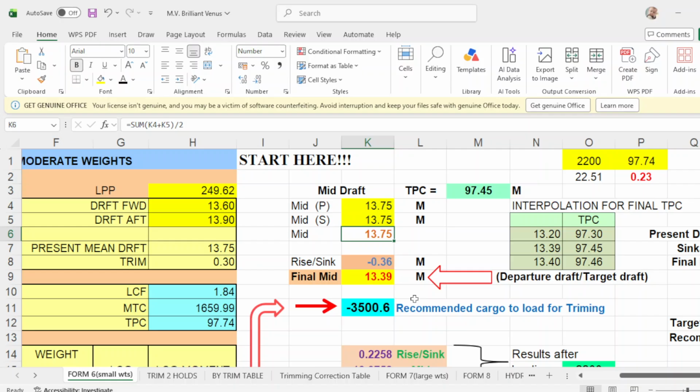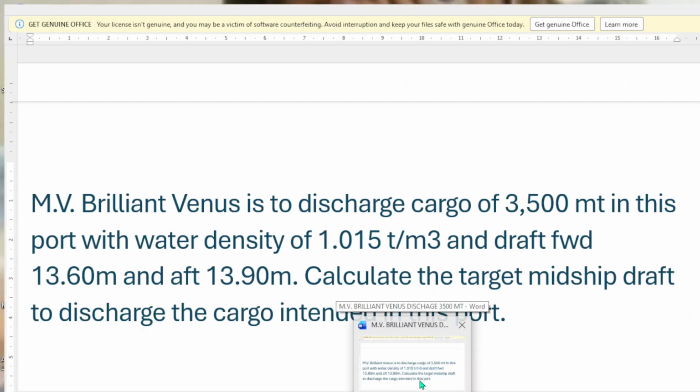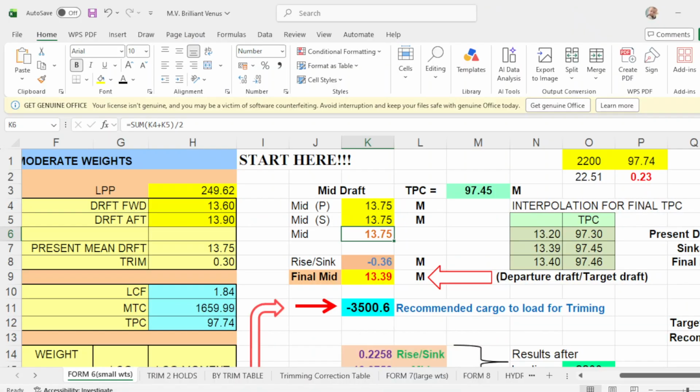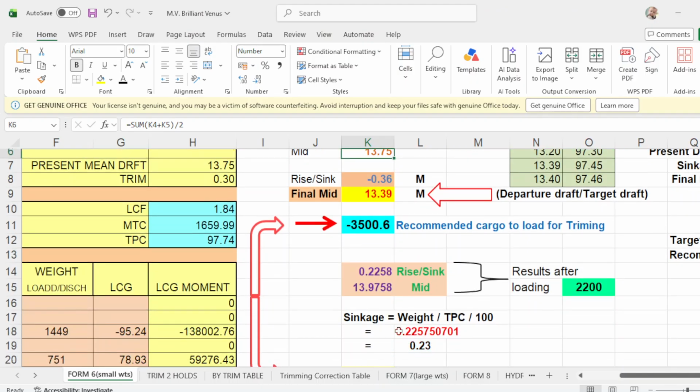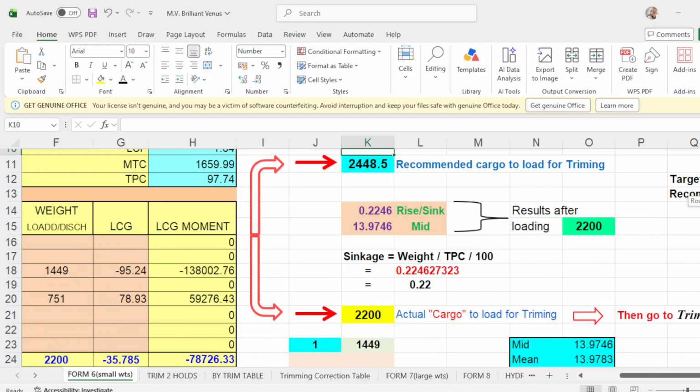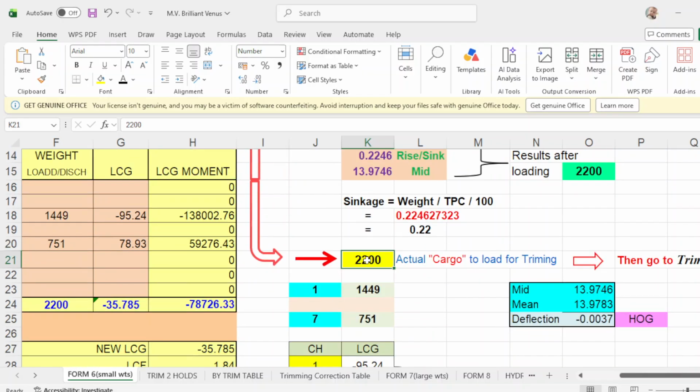Now he says we are to discharge 3,500. We don't know our final mean draft, so we will find it.